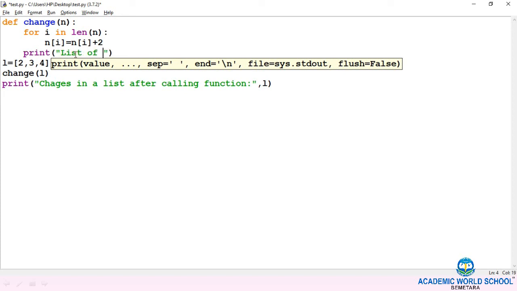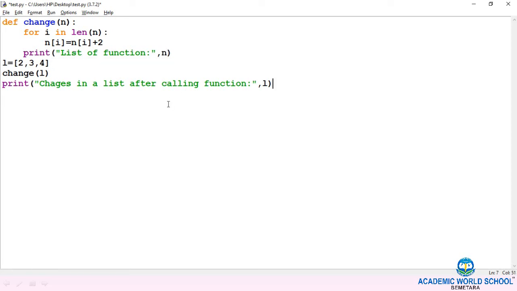Just understand. I'm going to print a list, the list of a function, and now after performing changes in a function, I am going to print a list.